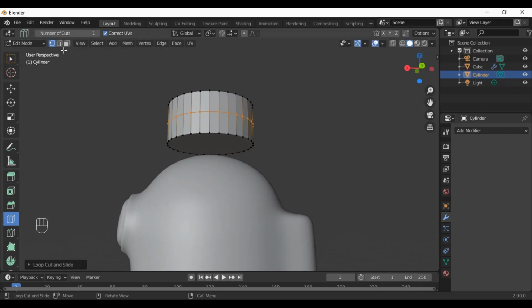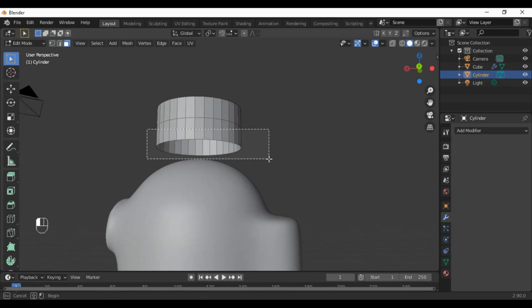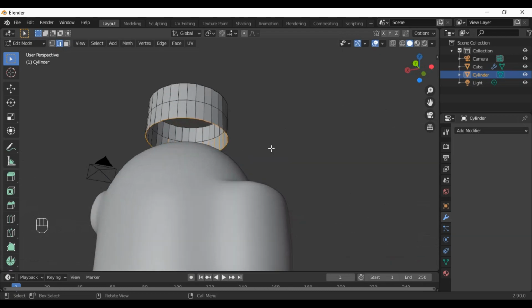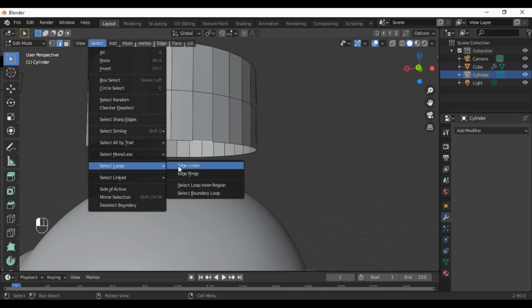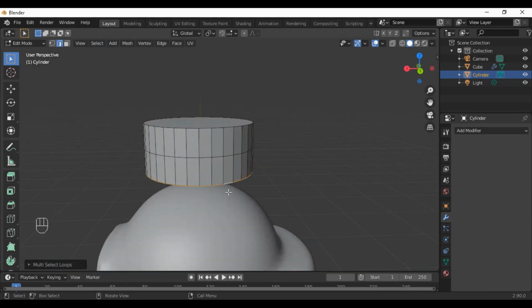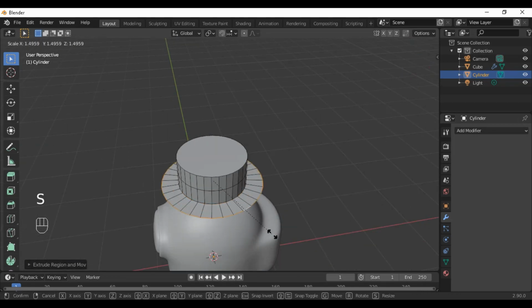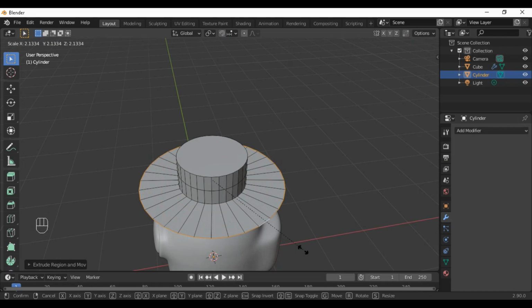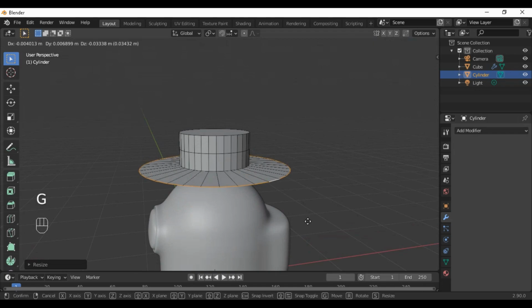loop cut. Okay. Select this face, press X and delete face. Yes. Oh no. Select these edges. Okay. Now select this one edges. Go on select and select loop and edge loop. Yes. So the whole loop will be selected. So select, extrude it a little bit and now scale. Okay, so now drag it so it will look like a hat.